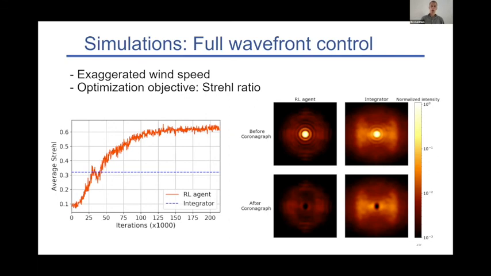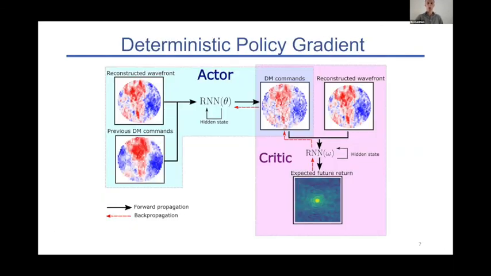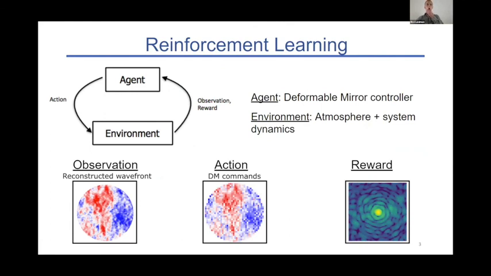So the first question, indeed, we can compare it to something other than a simple integrator with optimal gain, which we chose as a simple baseline. We should compare it with other predictive controllers. On the second question, where do we get the reward reliably? Yeah, that is indeed a consideration. We can also use the estimated residual wavefront variance from the wavefront sensor measurements. It could also be used as a reward, or use a short exposure Strehl, which would indeed be noisy. So it would need more research on how realistic it is to use that.